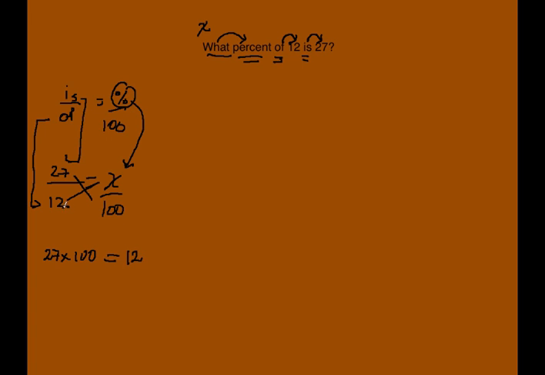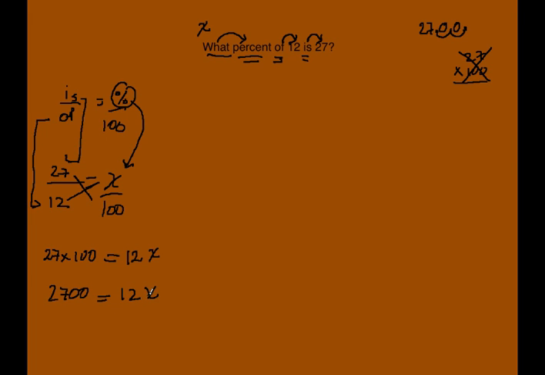So 12 times x is just a number with the x next to it. Now what is 27 times 100? Like we say, when you're multiplying by 100, you just move the decimal 2 times to the right. And the reason why it's 2 times is because you have 2 zeros. So 27, there's no decimal point, but the decimal point is always to the right of the number when you can see it. And we move it 2 times to the right. 1, 2. And we fill it in with zeros. So 27 times 100, to save you the trouble of going on the side and literally doing 27 times 100, you don't have to do that. You already know the answer by using the trick. So it's 2,700 equals